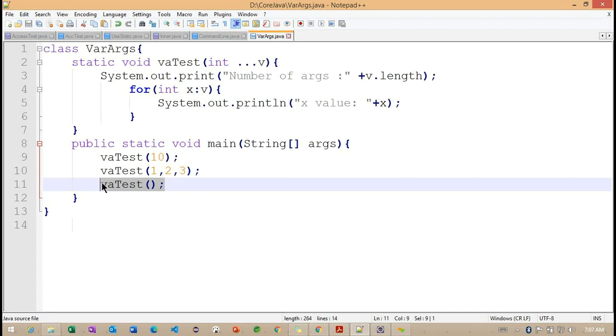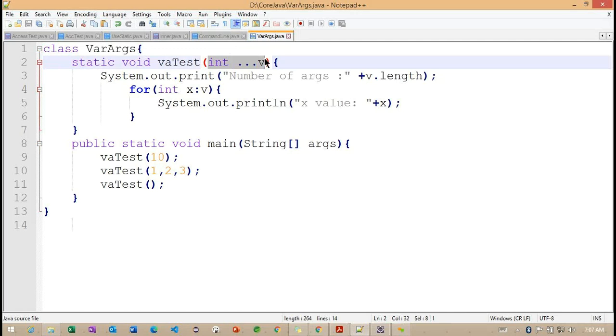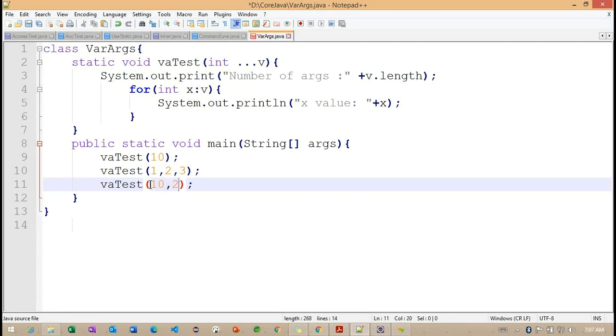If you know the simple method overloading concept, we already implemented it here. But in our class we don't have overloaded methods. Only one method we defined here, which is expecting values. So however many values we want to pass, we can pass. Now if you observe here, I can pass more than one value. Getting the point? There is no condition here.